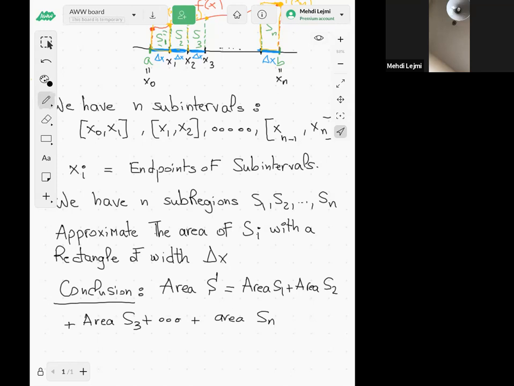Now I'm going to use summation notation. So this is sigma, this is our sum. This is the sum of the area of S subscript i,